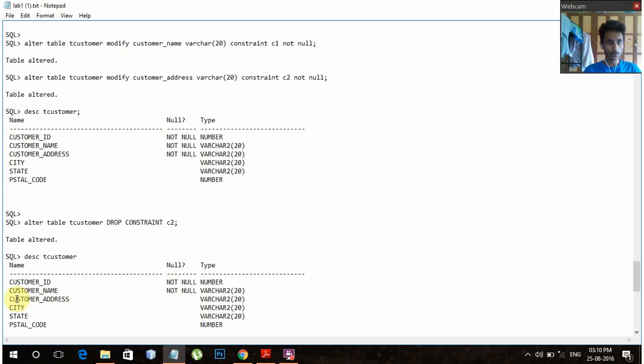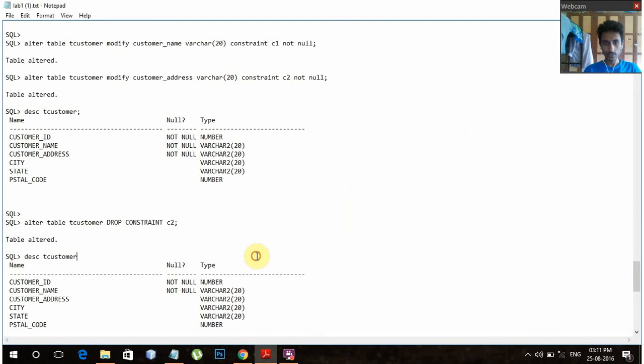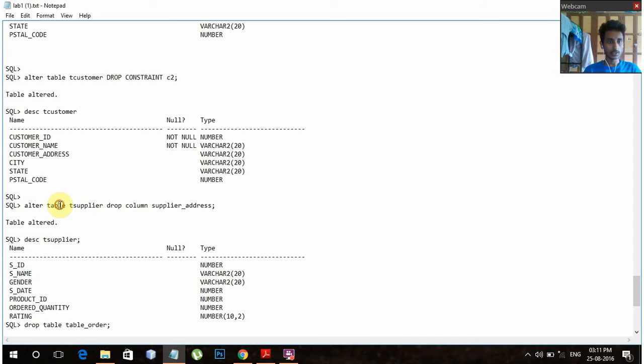So by doing so, the constraint on the customer address has been dropped. The next question is to drop the column supplier address in the supplier table. The syntax is alter table, table name, then drop column, the column name, that is supplier address. So here we can see the supplier address attribute has been dropped.